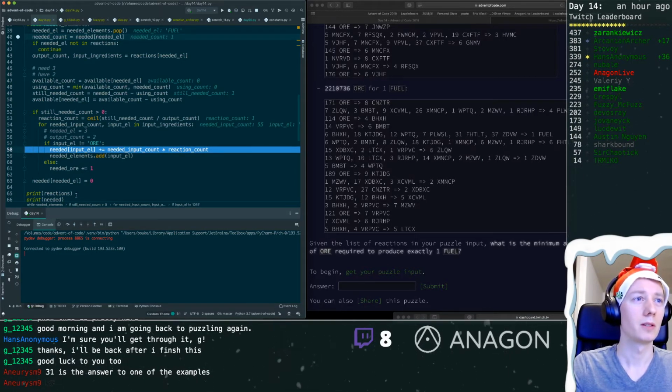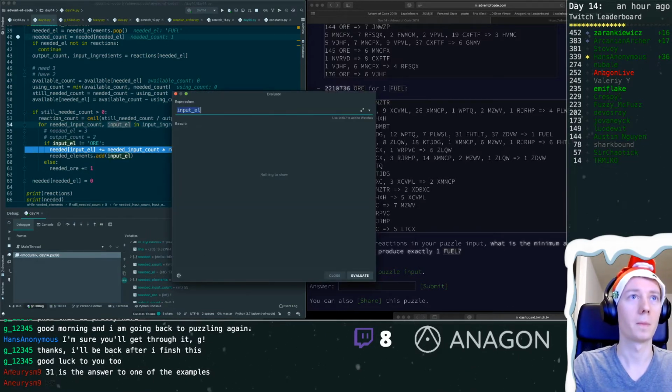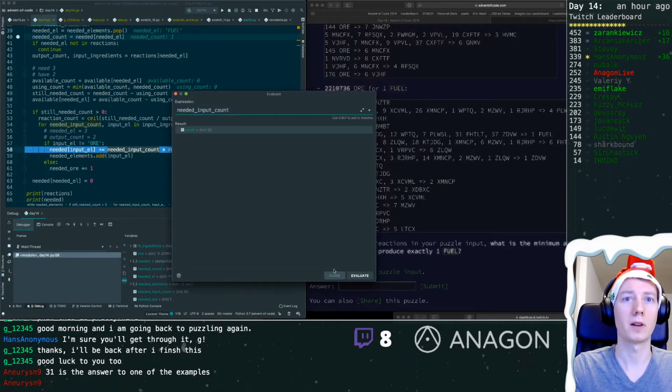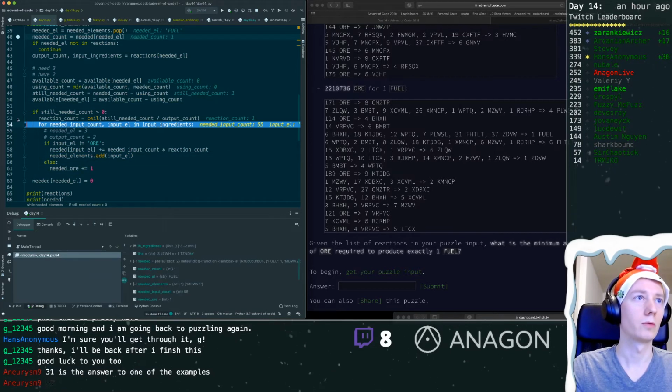If the input element is not ore, we're going to add it to the list, and we are dealing with the input element right now. The MB, yeah. We're going to see how much we need of that. It's 55, and the reaction count is 1. So we're going to need 55 of those. Okay, and we're going to run that loop several times, of course,